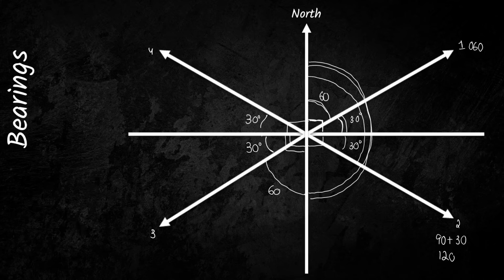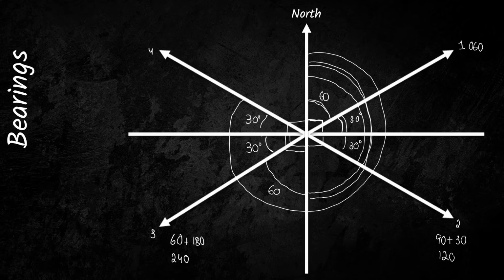So direction 3 is going to have a bearing of 60 plus the 180 degrees, so that's going to be bearing 240. And then let's take a look at direction number 4. Direction number 4 is going to be this whole thing right here. So of course, if we go with this, the 3 90s, so the 1, the 2, and the 3, these 3 90s are going to give you 270 plus the 30 degrees. So direction 4 is going to be 270 degrees plus the 30 degrees, and that's going to give you bearing